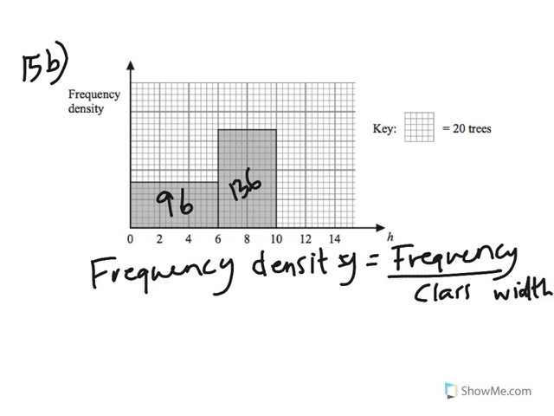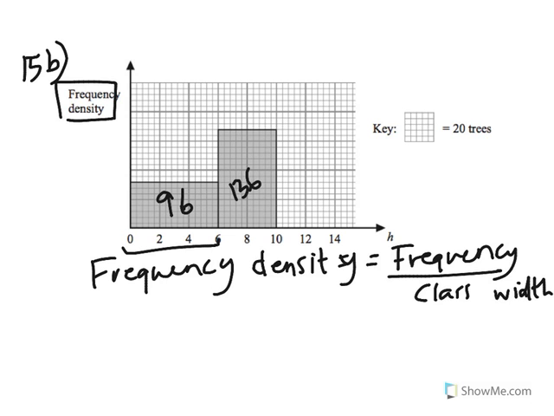Now frequency is the number of times something occurs, and class width is like 10 to 13 is the class width, 4.5 to 10 is the class width, 0 to 6, like this is the class width, so from 0 to 6. So in this case, we need to find a labeling for the y-axis, so we can plot a graph, because we have to plot another bar. Okay, so